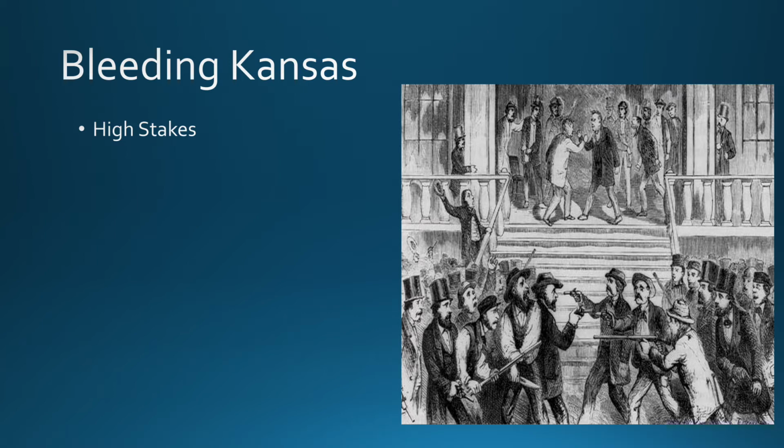I want to start by saying this, which was that there were huge stakes for both free soilers as well as advocates of slavery to get their way over in Kansas. If you're from the South and you're a proponent of slavery, this is your opportunity to expand slavery, and thus keep the discussion alive that new territory could be open to slavery. If you're a free soiler, this is maybe your opportunity to stop the spread of slavery if it stops in Kansas as far as new territories are concerned.